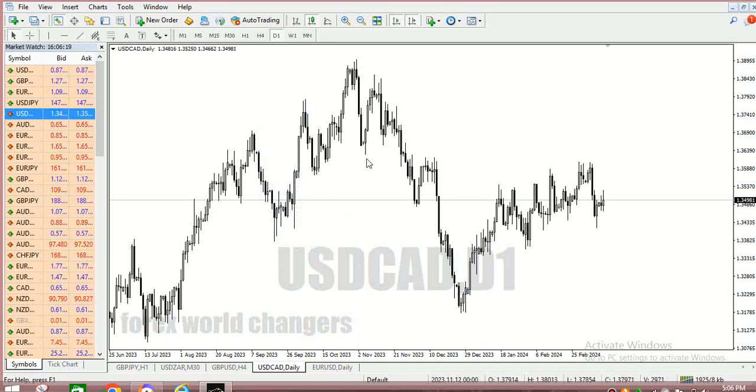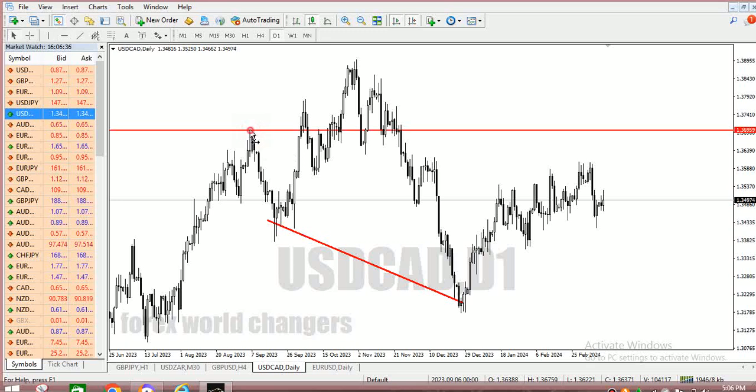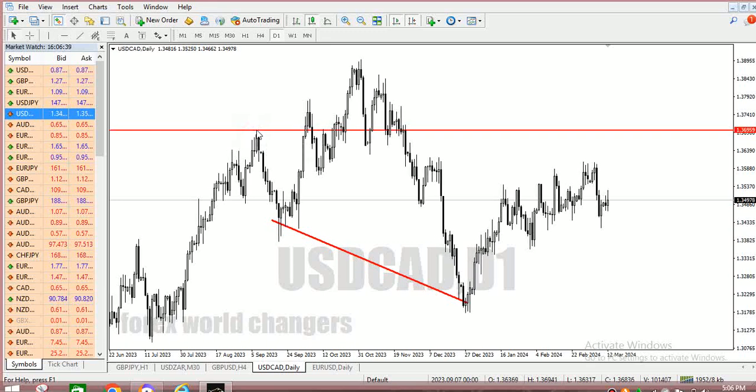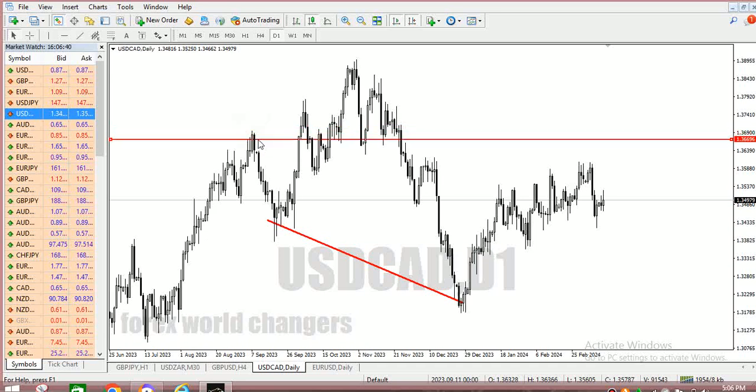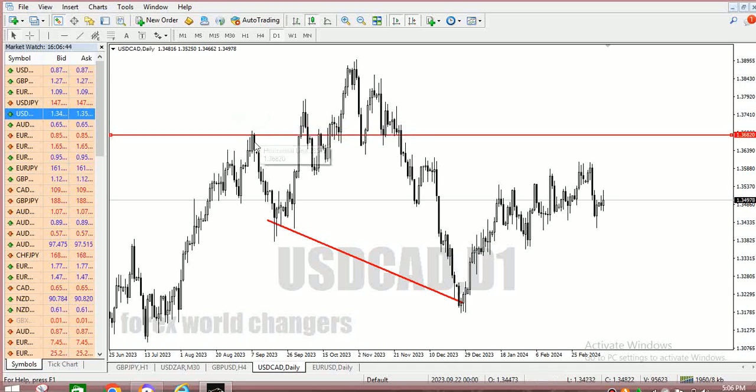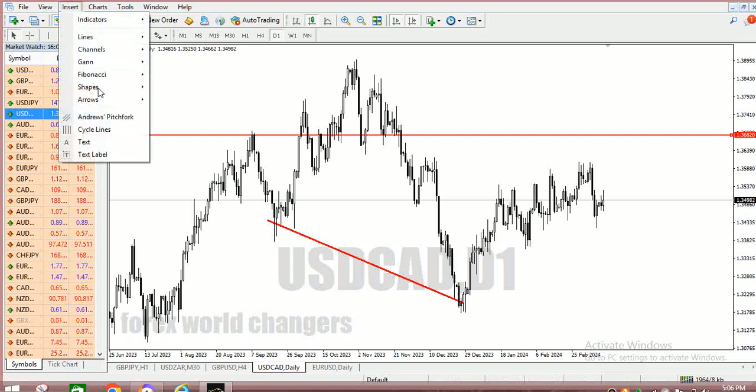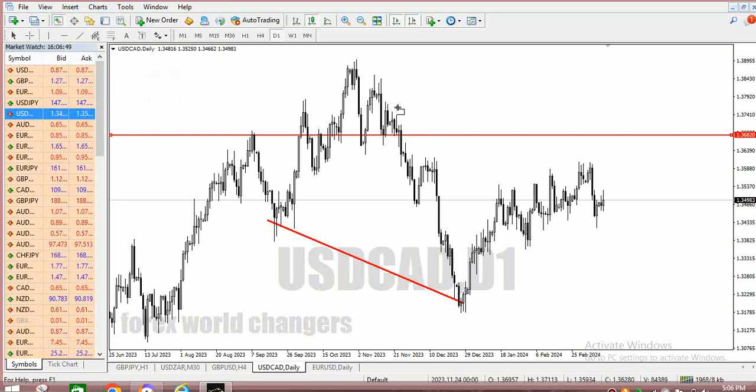How do I know this was the head? Because I can see this low and this low was just a nice clue. This low and this low was the clue that this is the head. And then just drawing a horizontal line on the left hand side, you could actually see there's even a base showing that this left shoulder is very important. So if I draw it here, this left shoulder was very important. So just highlighting here at this point, highlight this zone,